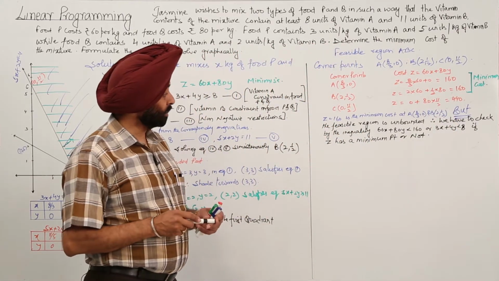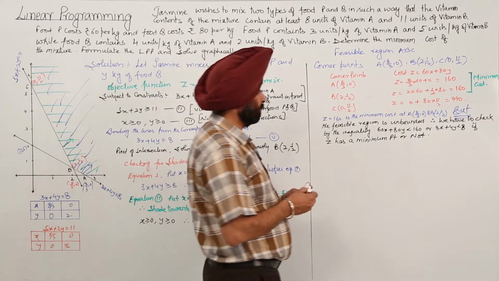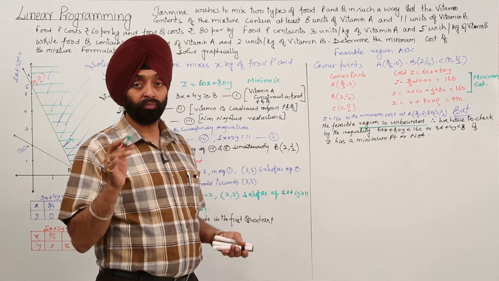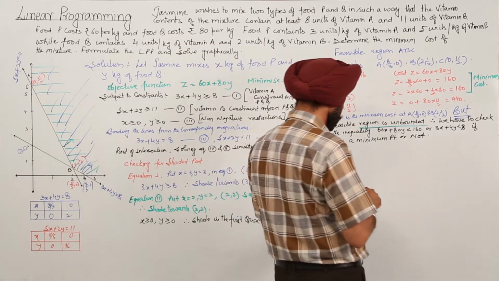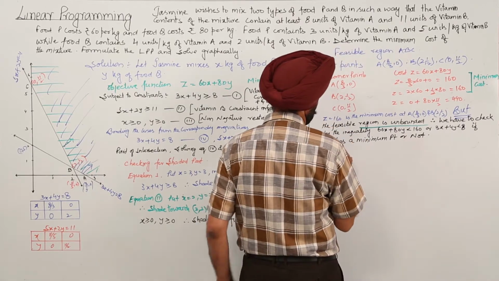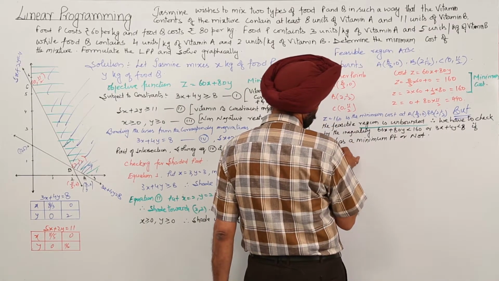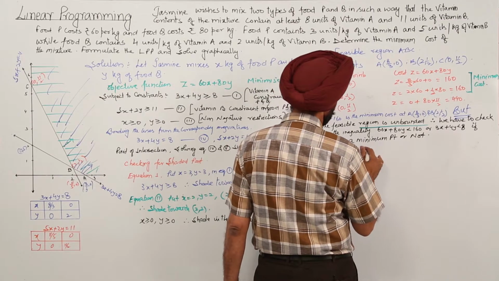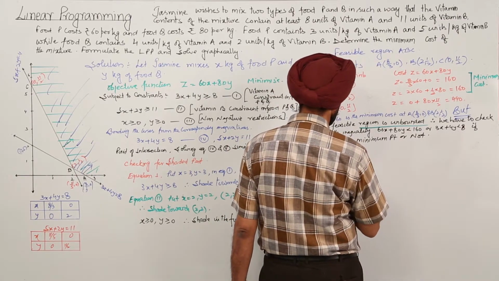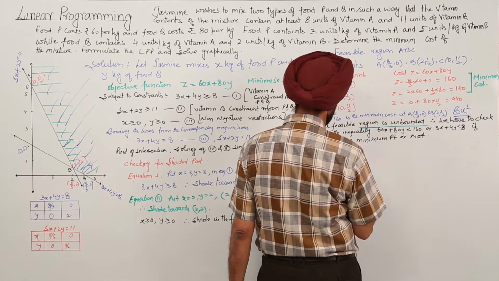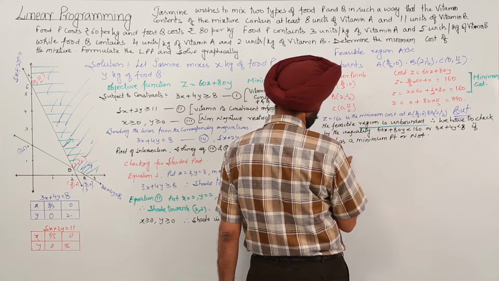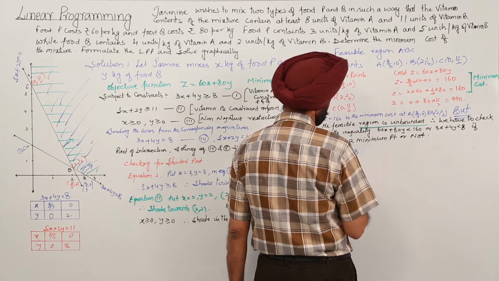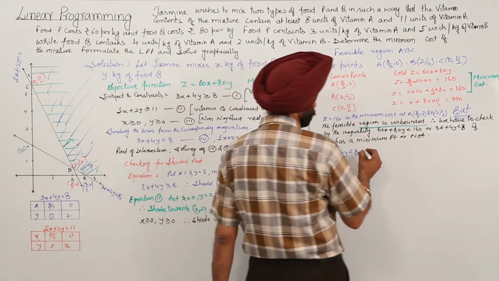Because the region is unbounded, be careful: when the region is unbounded, we have to go for an inequality with the objective function. Okay, so now we are having 3x plus 4y is less than 8, and